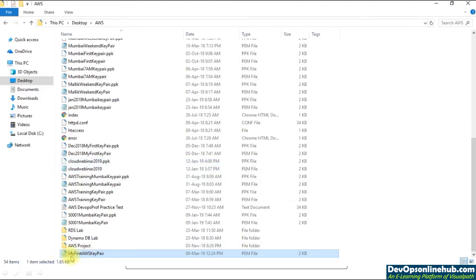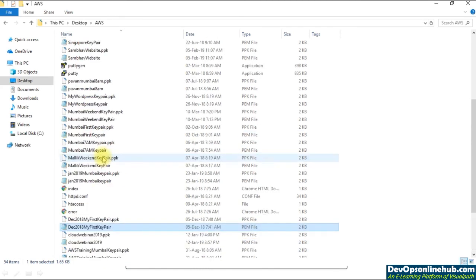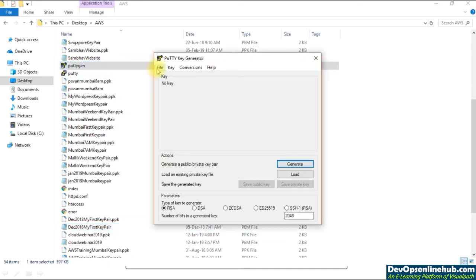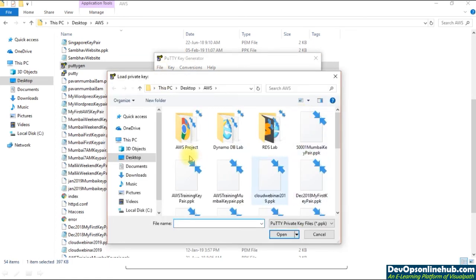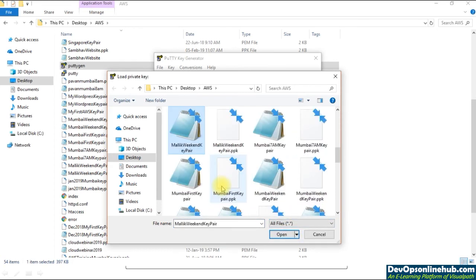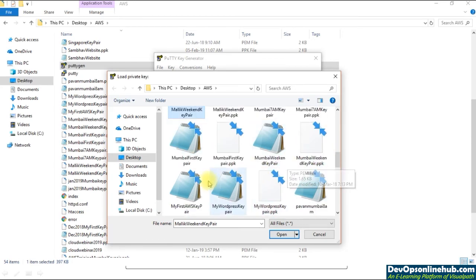Here is my PEM file, my first AWS key pair, and I need a software named PuttyGen, which helps me convert this PEM file into PPK. I'll open up PuttyGen. I'll say file, load private key, and it will ask which specific file. I'll say all files here, and the name is my first AWS key pair.